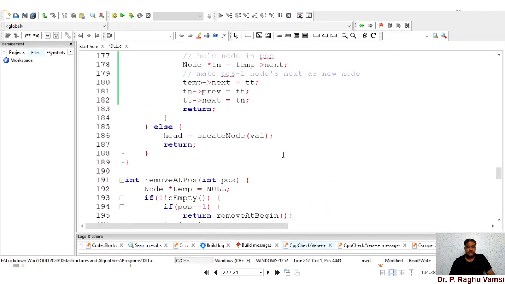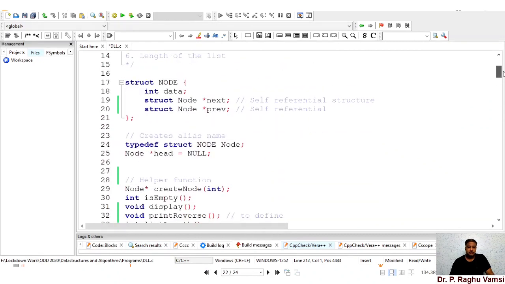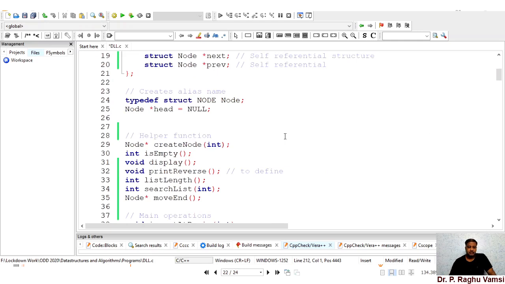Now we are left with a function called print reverse. That means, to check whether all the previous links we have established are correct, whenever we define the function print reverse, all the nodes have to move in the reverse direction using the previous pointer. When the previous pointers are perfectly done, then we can print using the previous pointers.